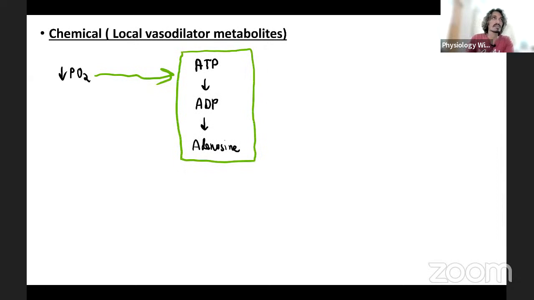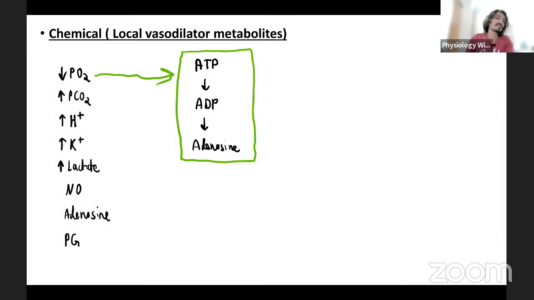Decreased oxygen means ATP gets utilized, ultimately more adenosine is there. More adenosine, along with all of these factors, for example increased PCO2, increased H plus, increased potassium, increased lactate, and other factors like prostaglandin and nitric oxide, all contribute